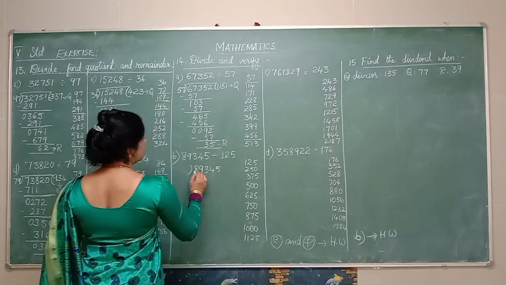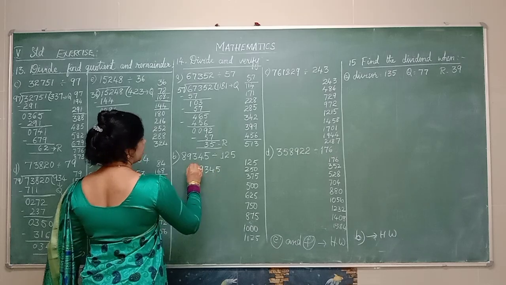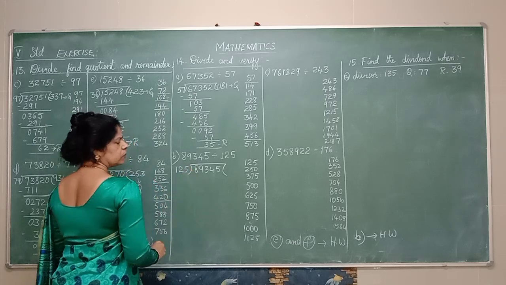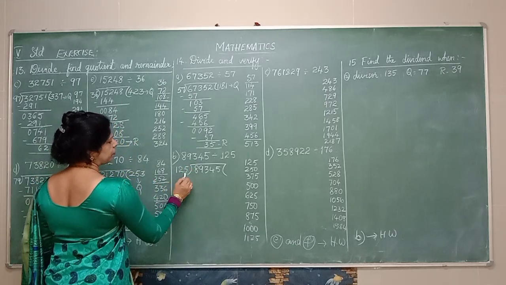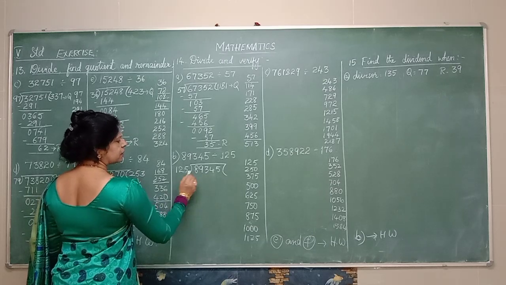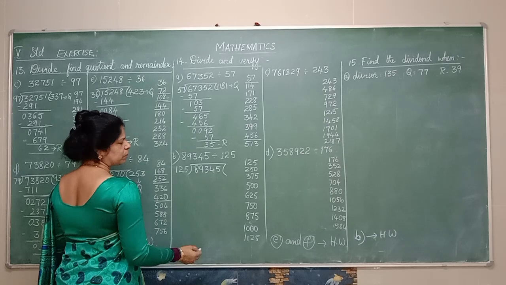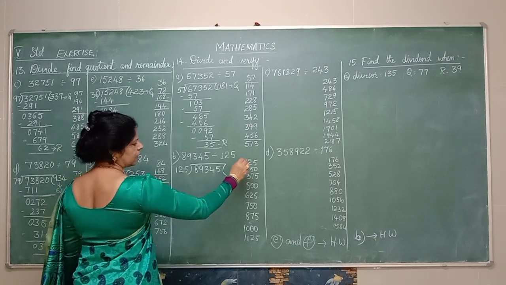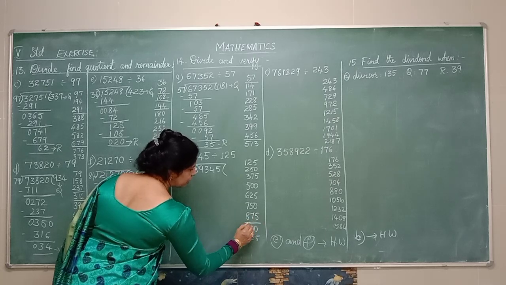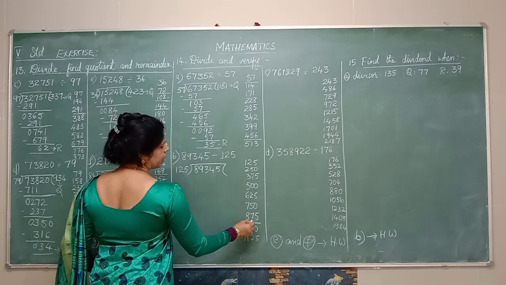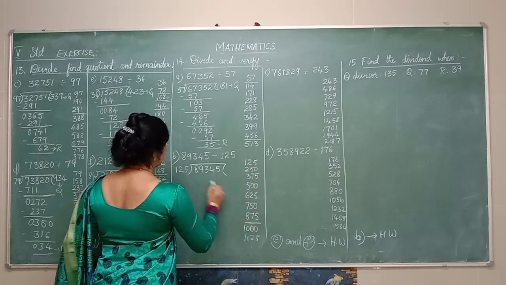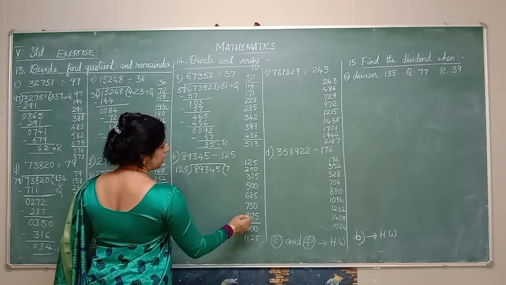Now we will see here 89,345 divided by 125. So how many digits? 3 digits, isn't it? So you have to go for 3 digits. 893. So 893 is bigger than this, so you can find out from the table. 893, where does 893 come? It comes here, right? Between 875 and 1000, you get 893. Now how many times is it? 1, 2, 3, 4, 5, 6, 7. 7 za. 125. 7 za is